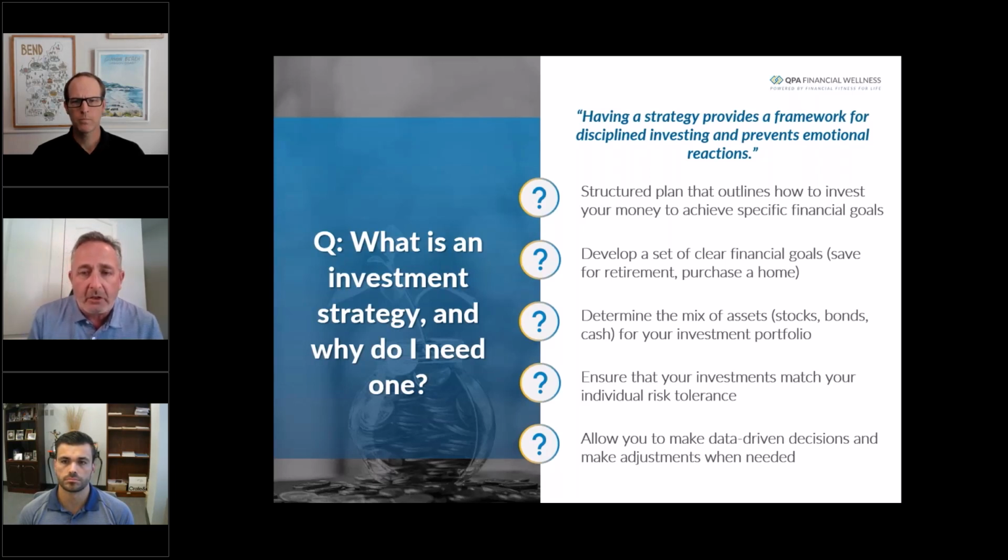And obviously, talking about investments, what type of investments are you going to have? I'm assuming that there are no lottery winners on the call today. So for the rest of us, we need to think about where we want to have our money allocated so that it can grow to reach our goal, and also taking into account how we feel about risk.